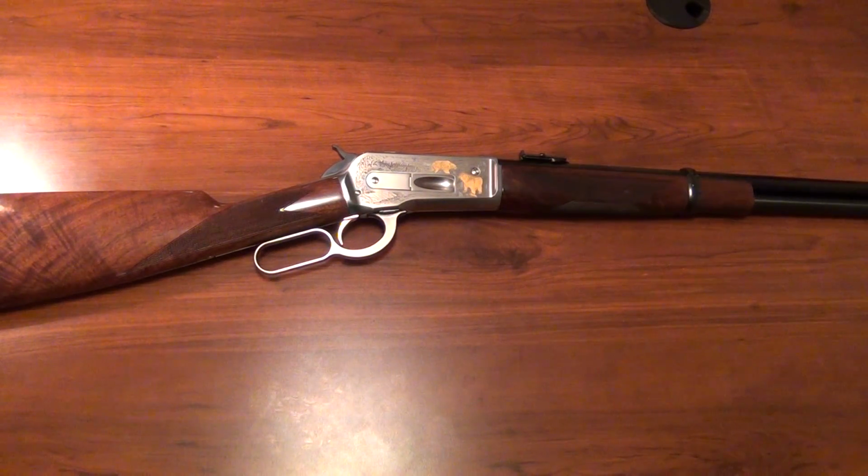Winchester came out with their 1873 in mainly pistol calibers to help on the frontier. People didn't have to carry larger cartridges with them. If they had a pistol in 44-40, they could also carry their 1873 in 44-40, 32-20, all different kinds of calibers. You can go to Wikipedia and see a little bit of information on all the different calibers they offered